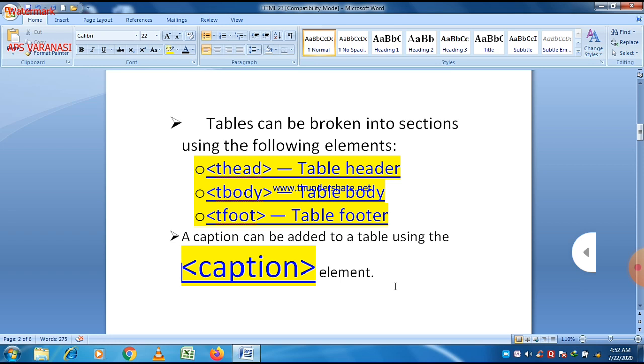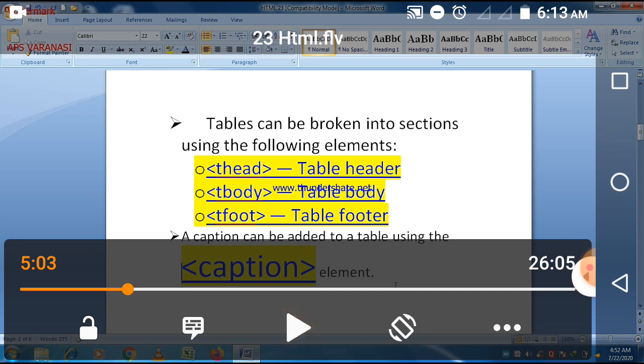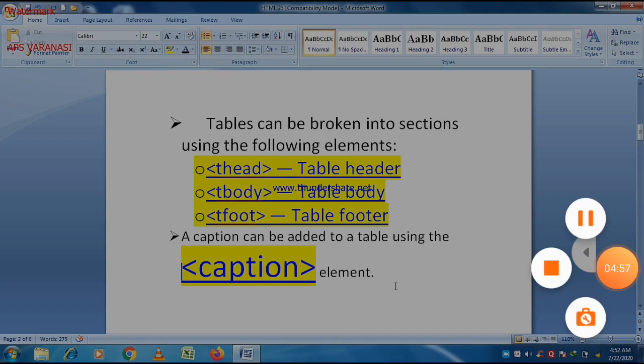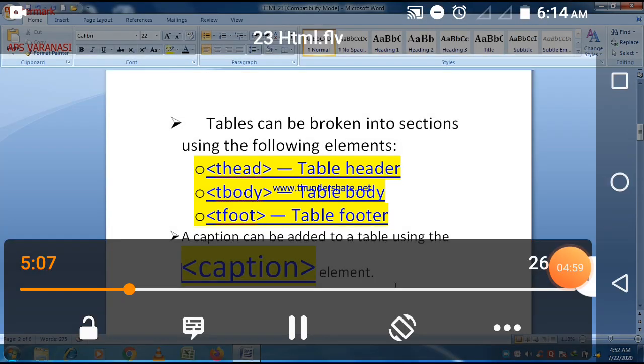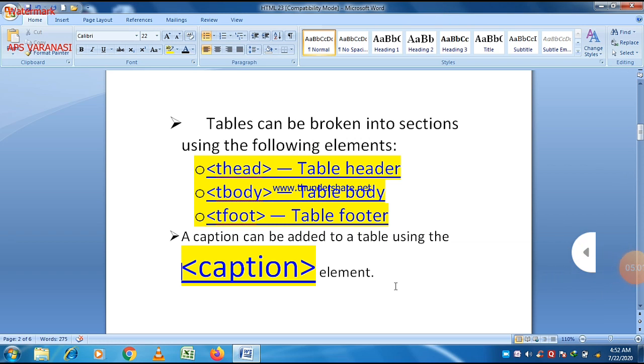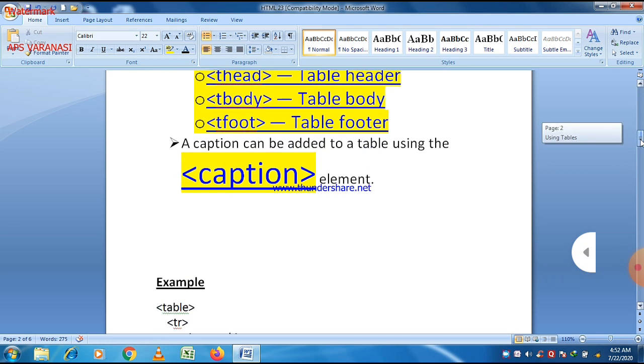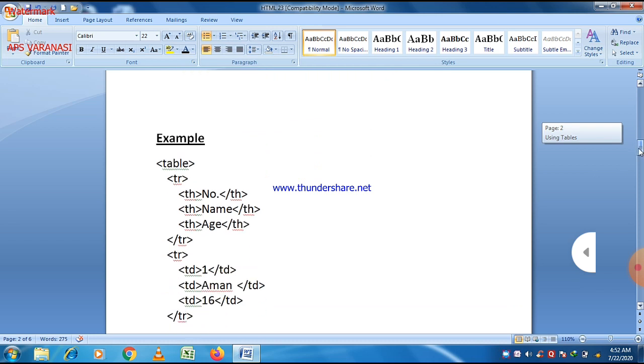These are the different tags and attributes used with the table tag to define a table, but three tags are very important: table tag, tr tag and td tag.